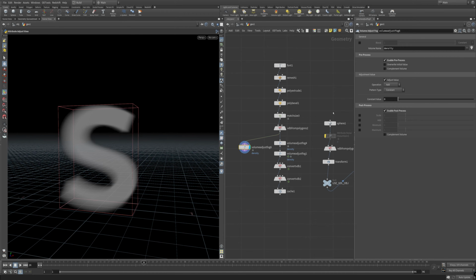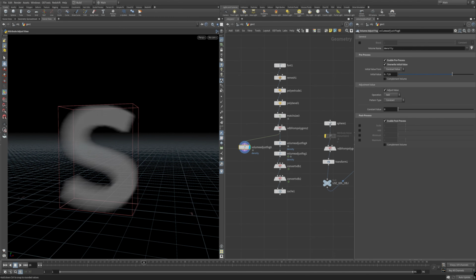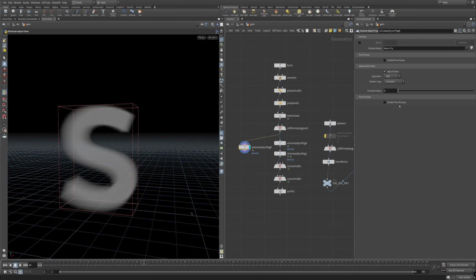I'm not really using it, but basically if you're subtracting or multiplying, you might have voxels that go above or below 0 and 1. So if you want to clamp those, or if you want to add more or scale up your numbers, this is where you're going to do it in post-process, and then you can get the complement here or down here, and then this is just overwrite the initial values with some stuff that you're going to adjust down here anyway. There might be a purpose for it. In this use case, I don't really find a purpose for it. So yeah. What's next? I guess we'll talk about different operations, and then we'll go into patterns.